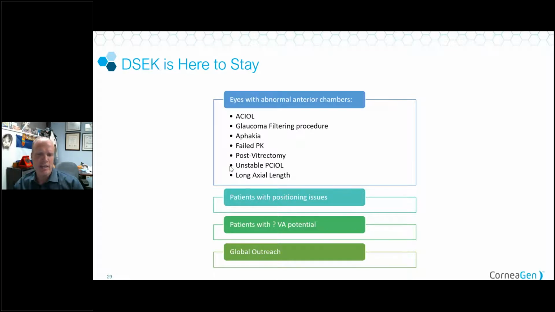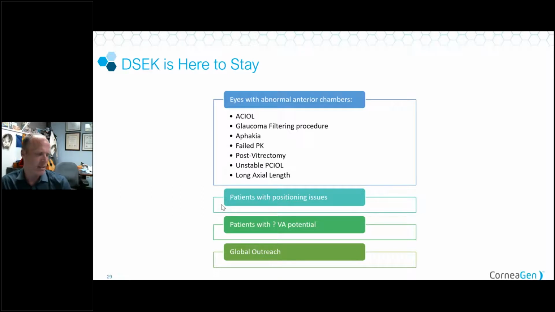Unstable lens, Keith kind of alluded to that, the tapping on the cornea that we do. If you have a lens that isn't stable, you can make it more unstable, and vitreous in the anterior chamber is failure for either DSEK or DMEK, and it's very easy to gently put in a DSEK tissue without dislodging a lens that might not be totally stable. Long axial length, also hard to shallow the chamber. Patients with positioning issues,